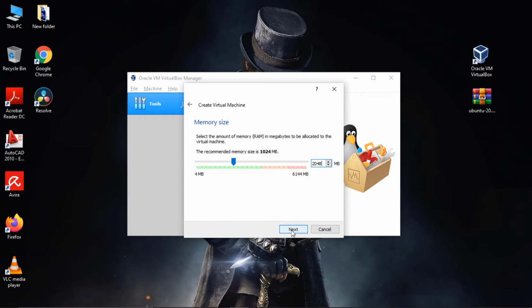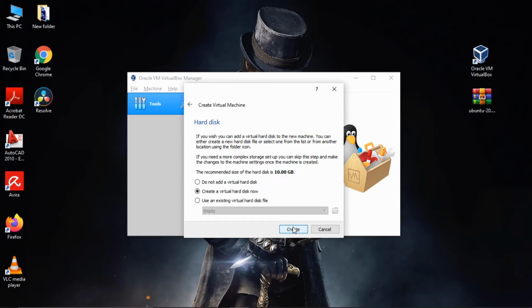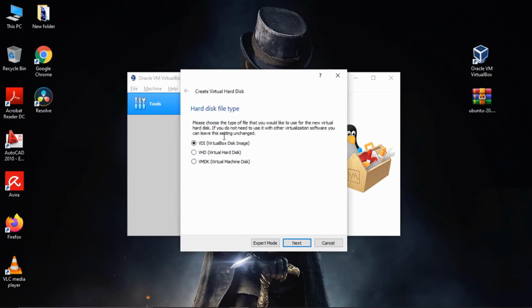For Linux, low RAM is enough for it to run properly. I'll click next, and it's asking me to create a virtual hard disk for this Ubuntu virtual machine. So I'll create a new hard disk, and there are three options here. All three are more or less the same, but I'll choose virtual hard disk, and I recommend you do the same.